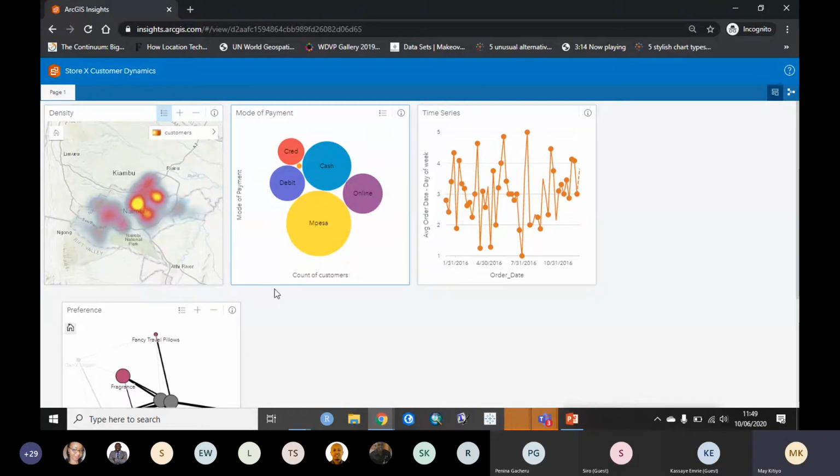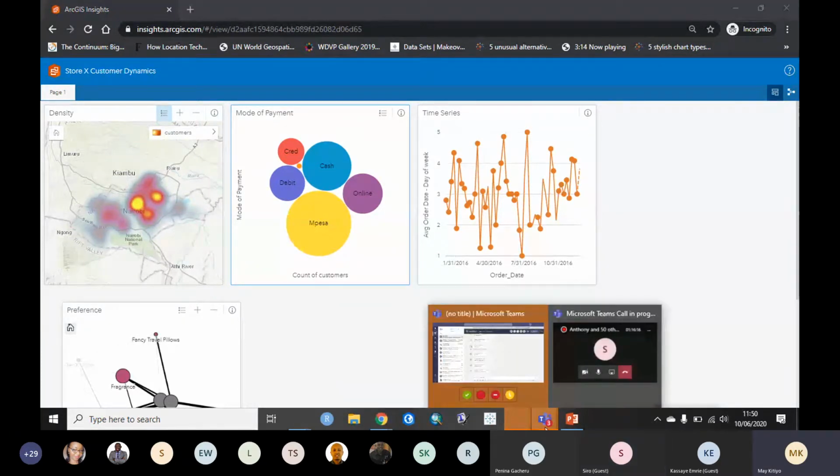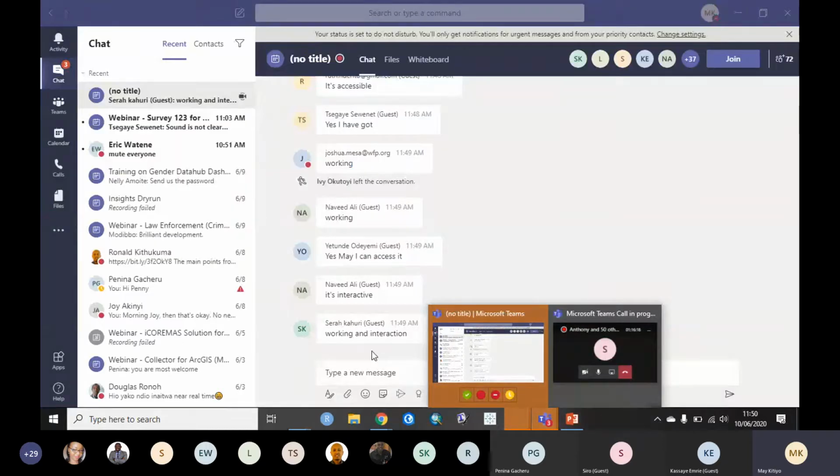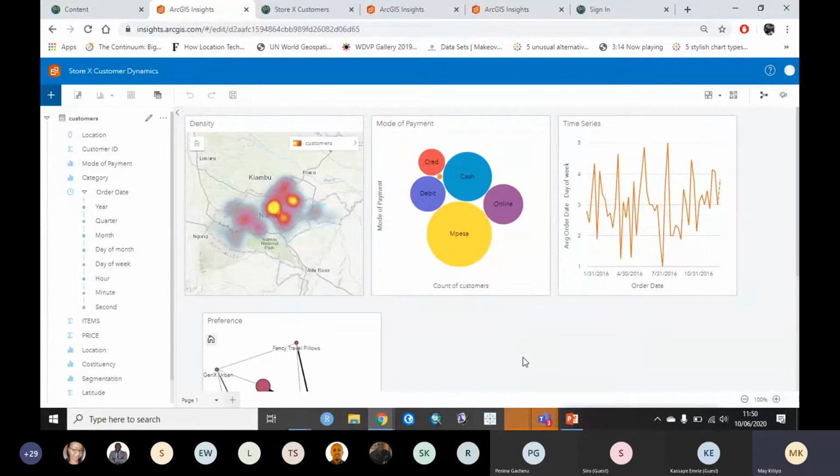It would actually interact with all of them. Let me know if that's working. Great, it is. Is it now working? It is, right? Okay, maybe just to emphasize a couple of things for the interactivity. When you come to the Insights workbook, you notice up here